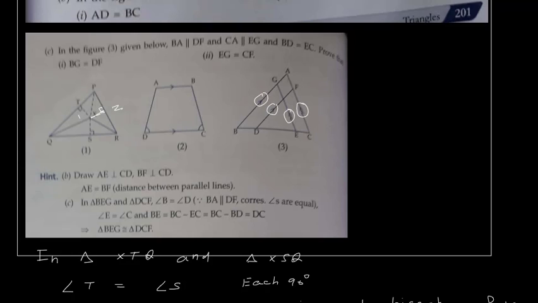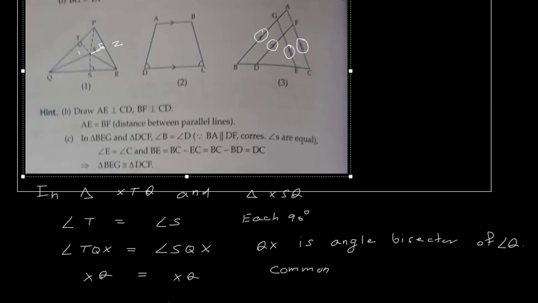Little difficult. So in such cases, they give some hint here. If you see, they have written that in triangle BEG, you take triangle BEG, and a triangle DCF in this triangle. So first you can see that this angle E is equal to angle C because they are corresponding angles,